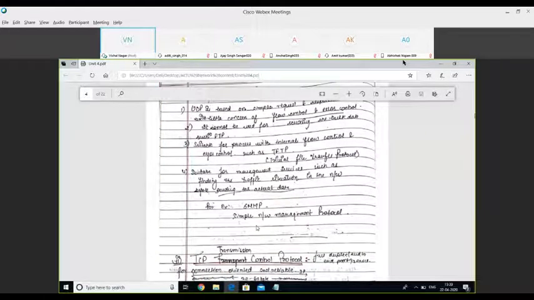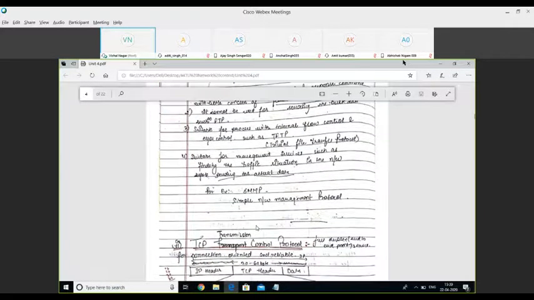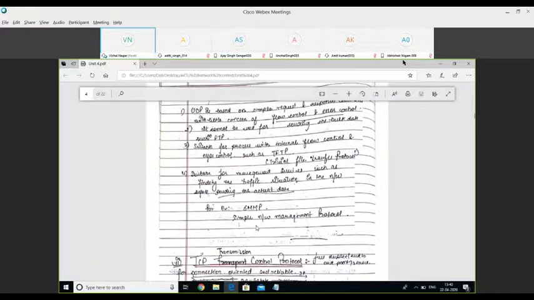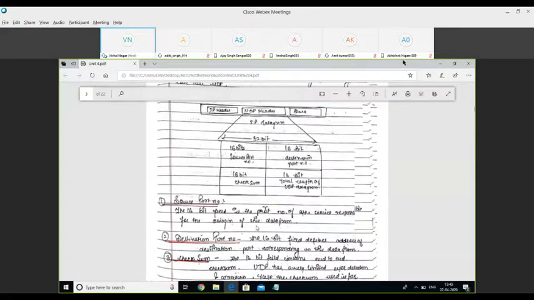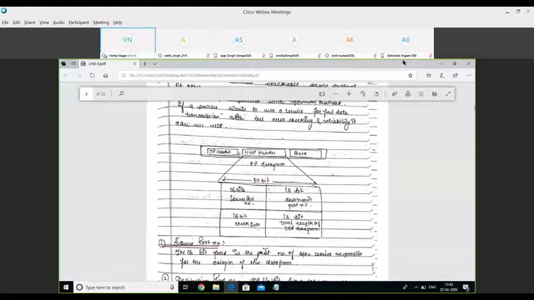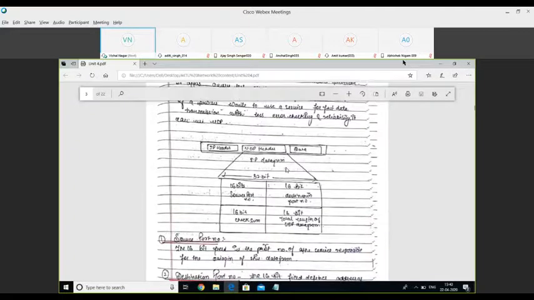Now, class, just like this IP header, as I have told you, on the transport layer we have basically two protocols, UDP and TCP. If we are using a connectionless, unreliable service, in that case we can use a protocol like UDP.